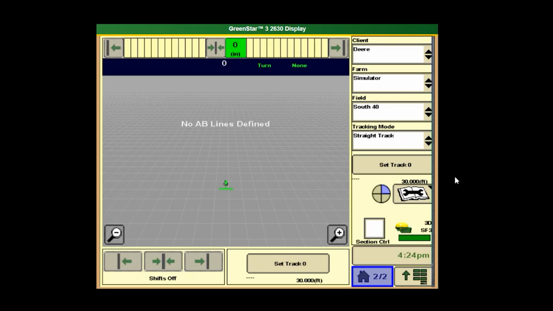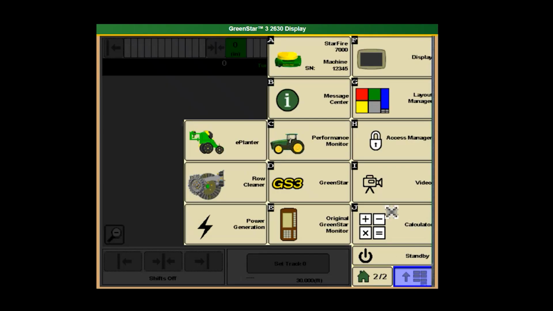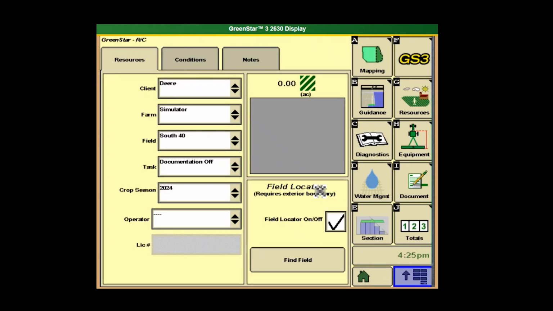In this video, we will be going over documentation setup in a GS3 display. So from our home page, we're going to start by clicking our menu button in the bottom right-hand corner. Then we'll select GS3 from our menu. On this page, we want to select our Resources button, which is going to pull up the page you see